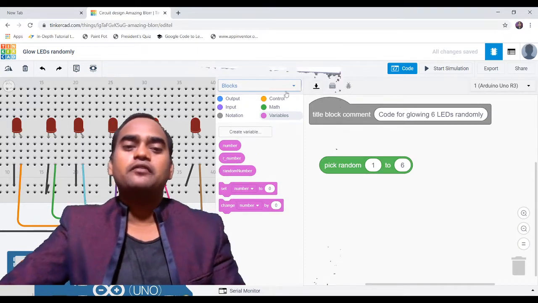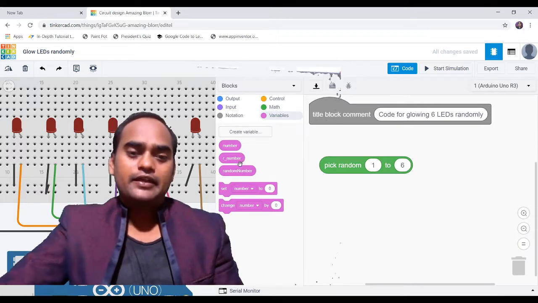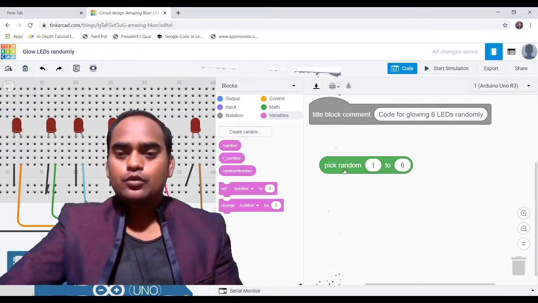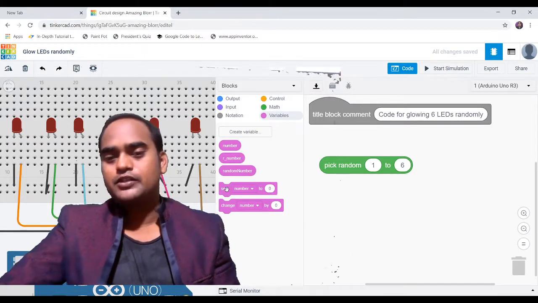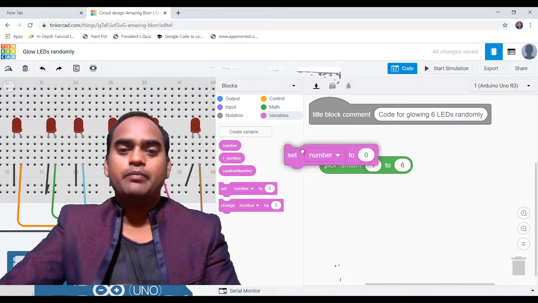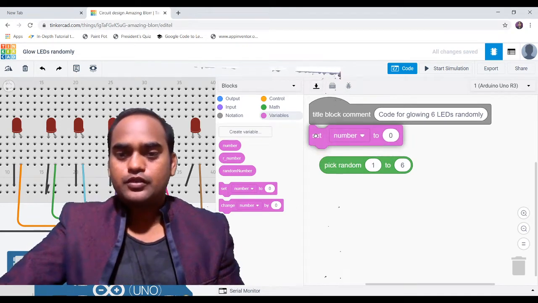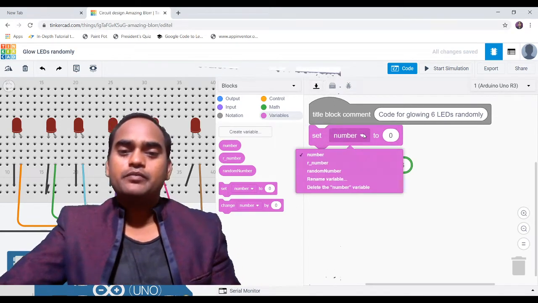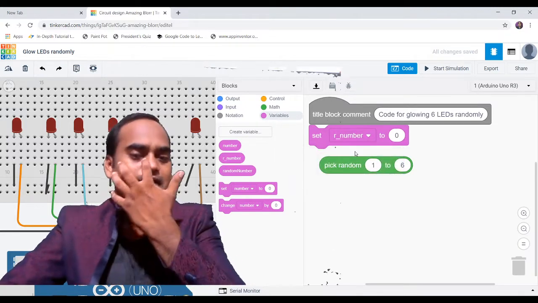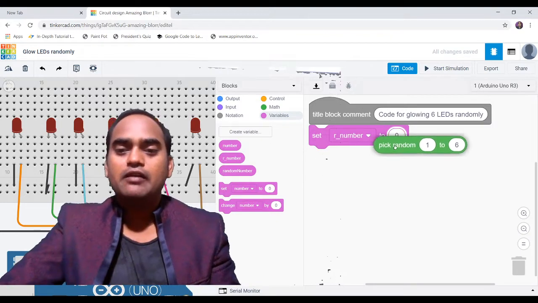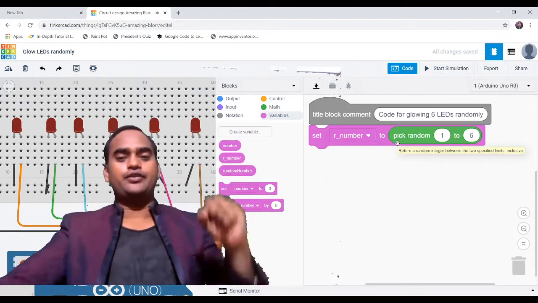So I have created a variable with the name r number, meaning random number, and let's store the value generated by Arduino in this variable. We can do this by dragging this set block into this programming area. Now let me select the variable r number, and let's make r number equal to the random number that Arduino has generated.